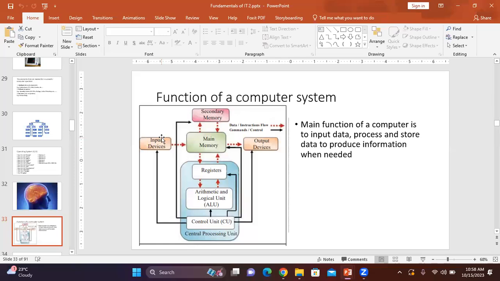You might have seen this diagram in your O-level book, I think. The same diagram. You can see this is the function, data and instruction flow, commands and control. So this is not only data. If you give any instructions to the computer, how does it flow through your